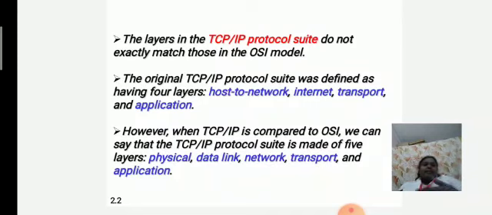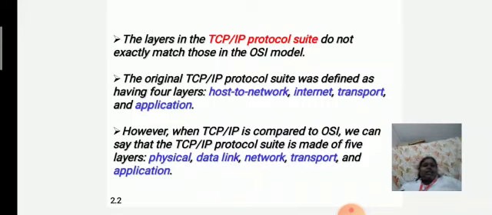When we compare this TCP/IP to our OSI model, this TCP/IP protocol suite consists of 5 layers. Originally it has only 4 layers, but for our discussion, when we compare it with the OSI model, we are saying that this TCP/IP protocol suite is made of 5 layers named as physical, data link, network, transport,